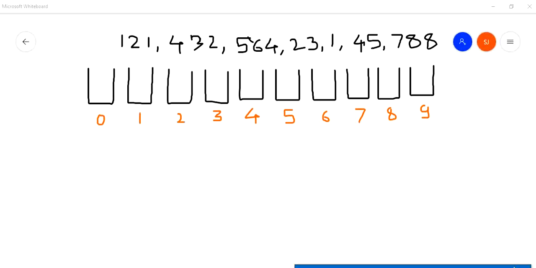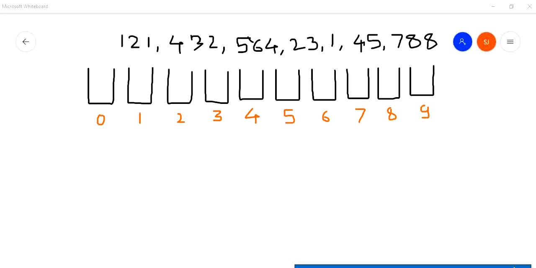Generally in our mathematics, or in number representation, we are using the decimal number system, but in computer science or digital logic we are using the binary number system. So it depends on which number system you are dealing with. But for any mathematical representation, generally we are using the decimal number system. So in your radix sort algorithm also, you want to use the decimal number system only.